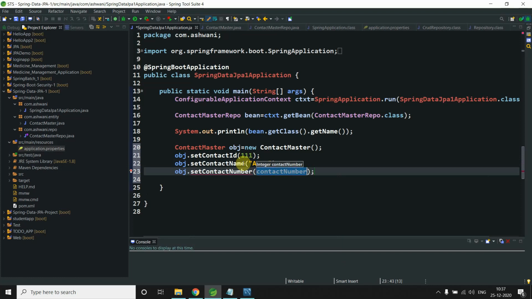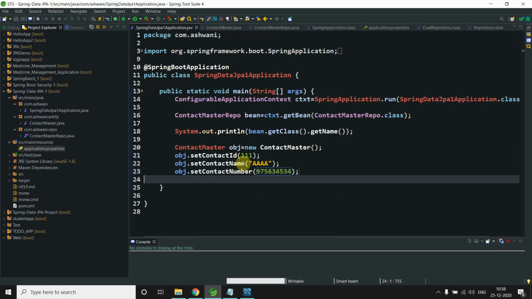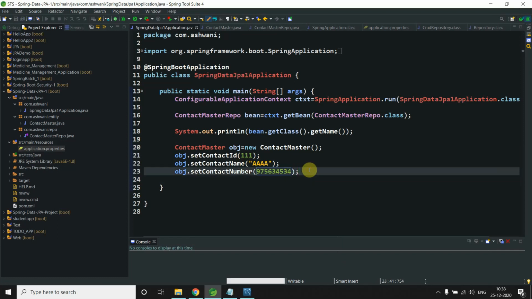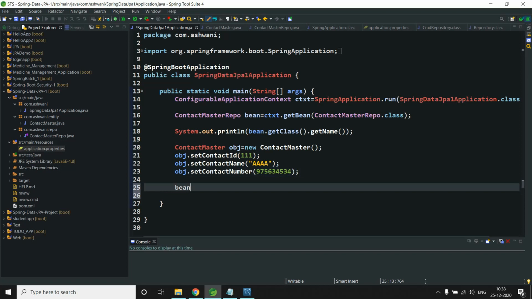Integer, yeah, this is an integer, not a string, my bad. After we set all this data to our object, we will say bean dot save, entity is obj. Fine. Now let's run this program.